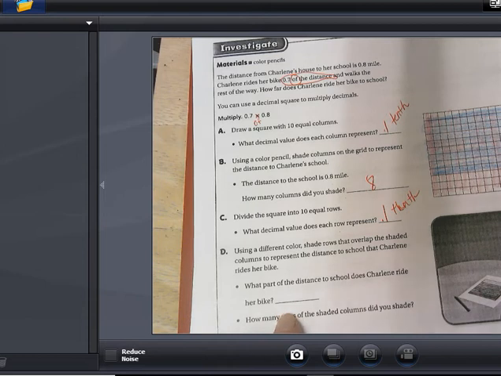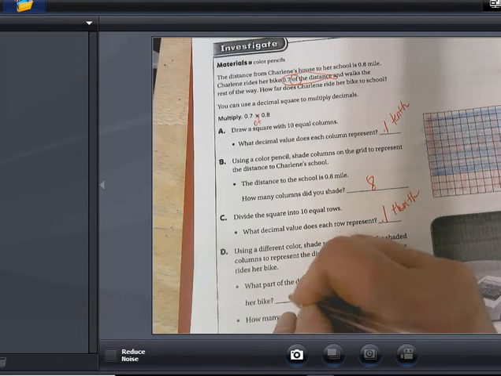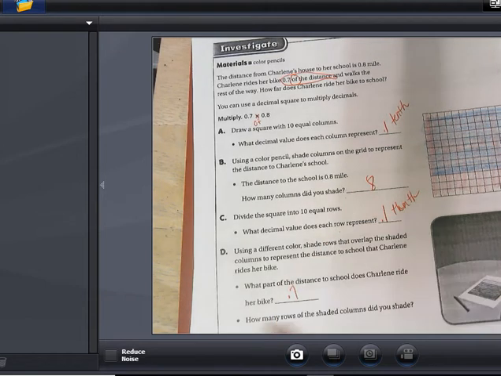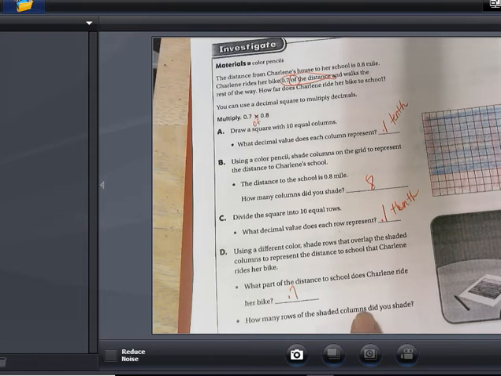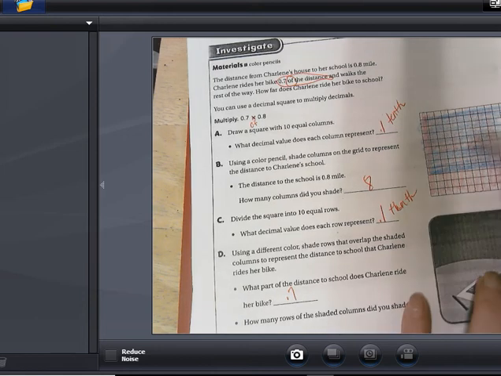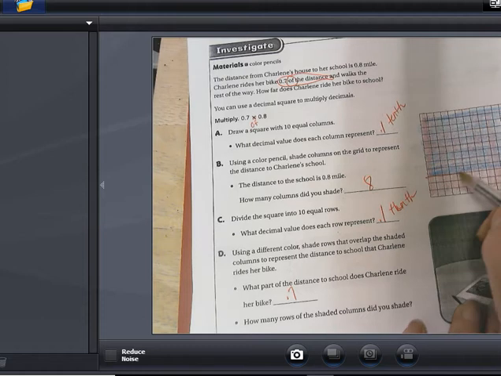So how far did she ride her bike? 7/10. How many rows of the shaded columns are shaded? What they're asking you is how many are shaded both ways. So if I look here,